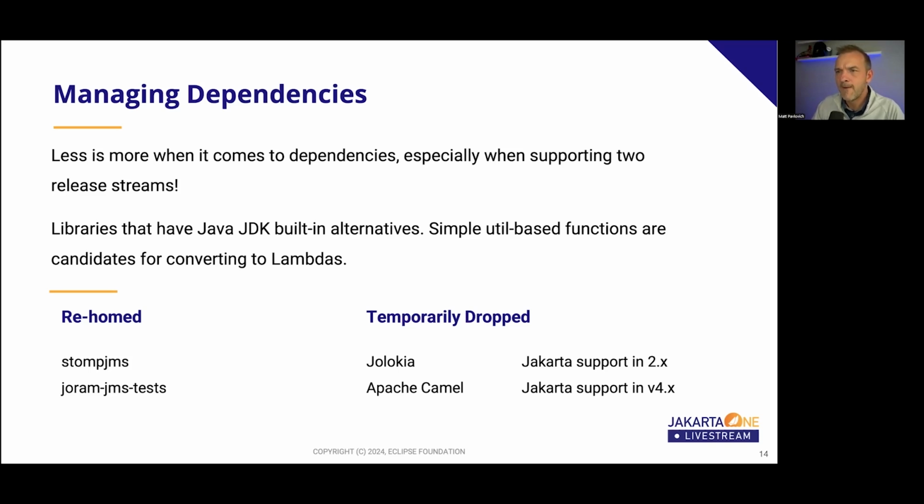One of the things we had to make a decision on with the first release of 6.0 is we had to drop support. ActiveMQ bundled a couple other downstream components, specifically Jolokia, which provides a HTTP based or REST based view into JMX management beans for querying metrics and statistics. Jolokia didn't have a Jakarta based release at the time when we released 6, so we temporarily dropped support for Jolokia. Same thing with Apache Camel. But both of those now have their Jakarta-based releases. So Jolokia has already been reintroduced, and I believe Apache Camel's going to be shortly.